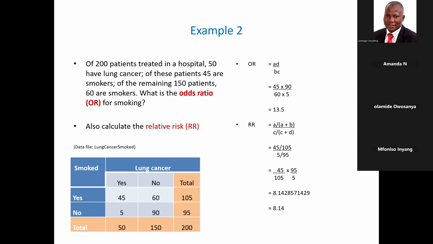So what is the odds ratio? It's going to be 45/5 divided by 60/90. It will become 45/5 times 90/60. So that's what you have up here: 45 times 90 over 60 times 5. So that is why, if you look at